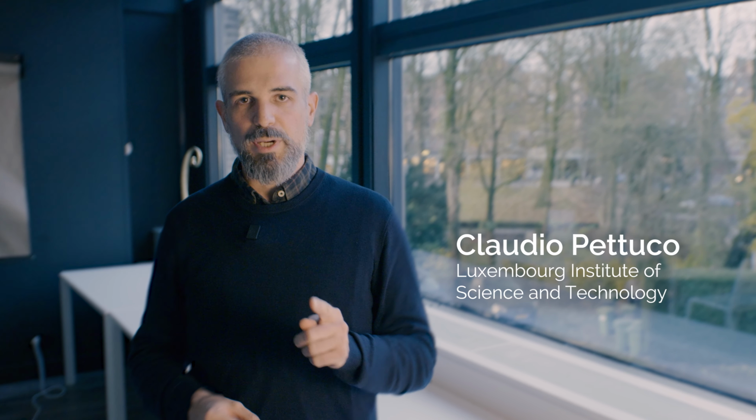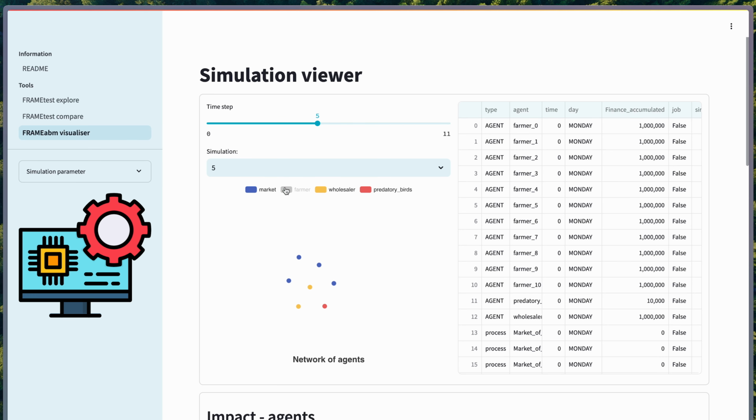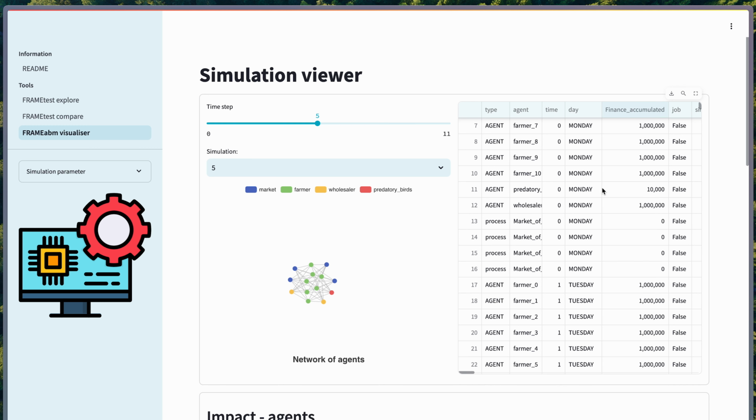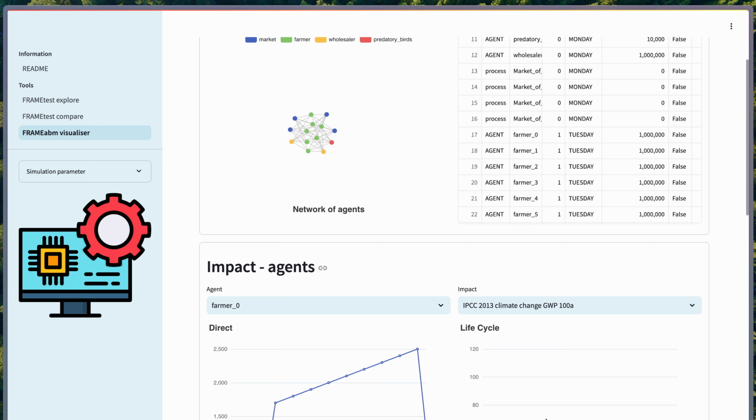If you're interested in understanding the emergence of patterns, the creation of farmer clusters, and how cooperation between farmers can affect sustainability, then we have the answer for you. We developed this tool called FRAMEtest. It's based on an agent-based model. It simulates the interaction between farmers, and the contribution of farmer clusters in terms of biodiversity and sustainability.